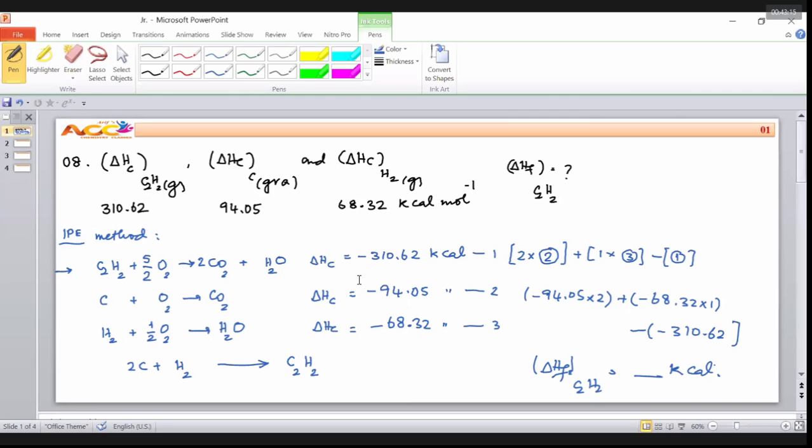Plus 54.2 kilocalories. Very good. The same problem can be done for us with a different method. The method which we have to follow is